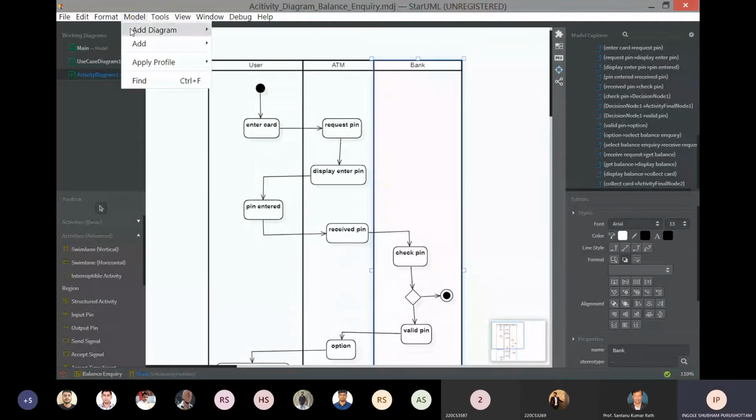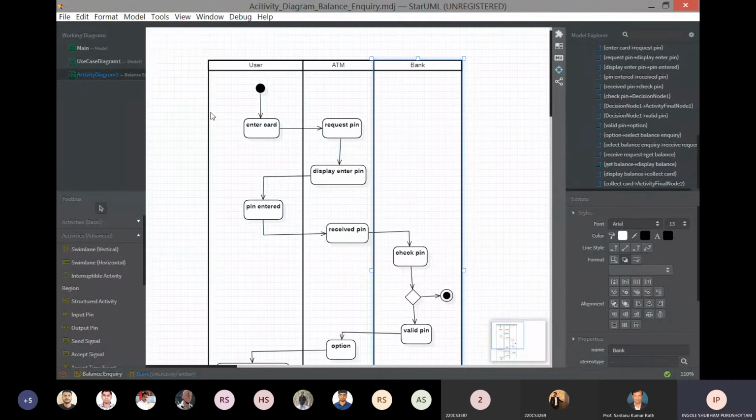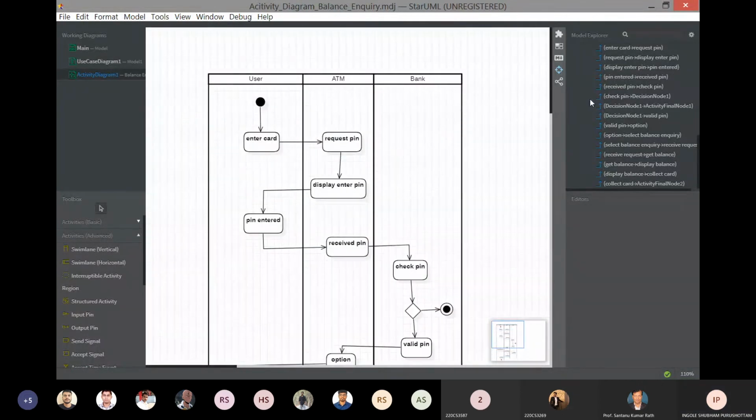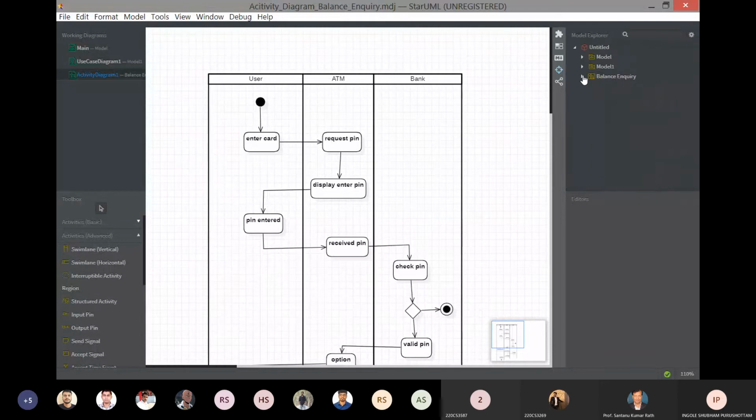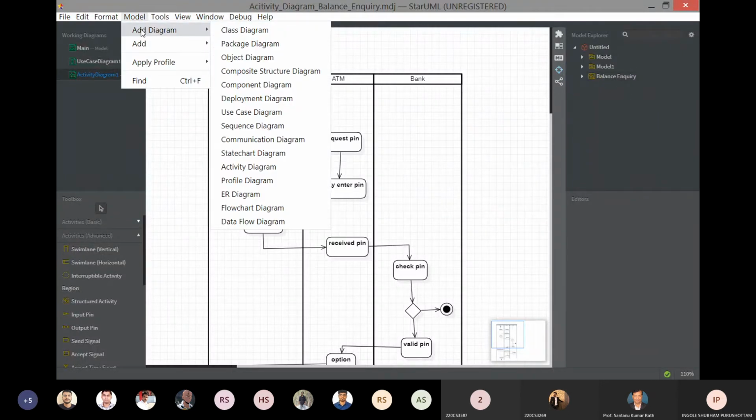Again, I will go to Model, Add Diagram. The third one we will see is the sequence diagram.